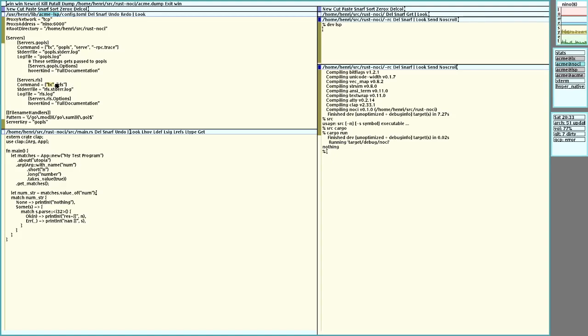And so a more interesting or useful real use case is RLS, which of course doesn't work on Plan 9, but using it with lx just makes it work fine. So for example, I can just put my cursor on a symbol, middle click on this, and I'm getting contextual information about the symbol.